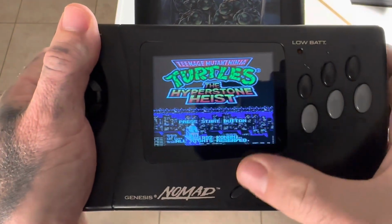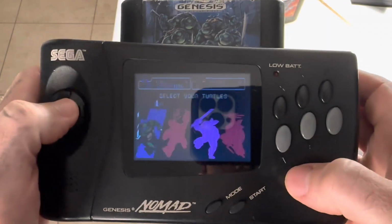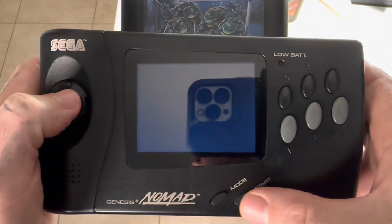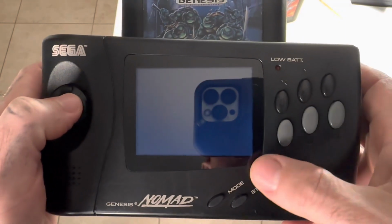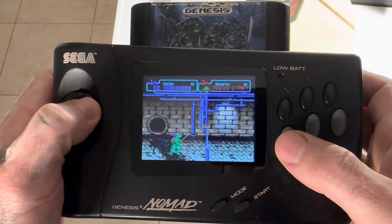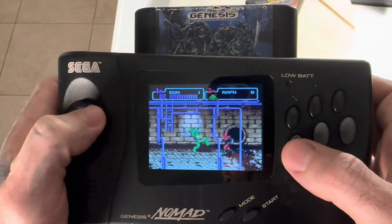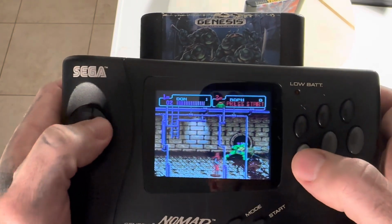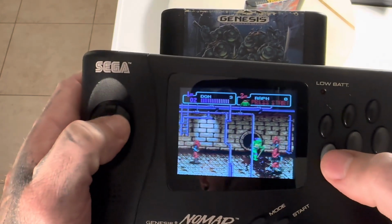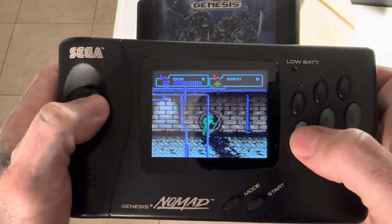So here we go with Ninja Turtles Hyperstone Heist, and the comparison between Turtles in Time and this, there's a lot of similarities. Like the menu right there is exactly the same. The intro before that with April is the same. And throwing enemies, throwing the foot soldiers is harder in Hyperstone Heist, but I absolutely love Hyperstone Heist. It has its own charm over Turtles in Time. Like, it has Tatsu as a boss character, which is super cool, from Turtles 2,